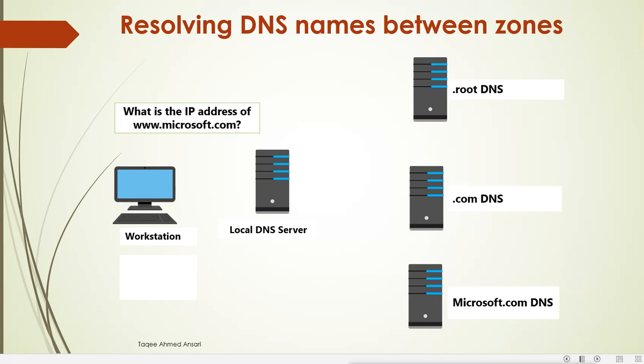Now for resolving the names we have DNS servers. So what does DNS do? It resolves these names to IP addresses, because the communication happens on IP addresses and we can't remember multiple IP addresses. On the internet there are thousands of different websites, and we can't remember the IP address of every site, or even of any site. Why? Because of DNS. DNS is doing the job of resolving the names for us.